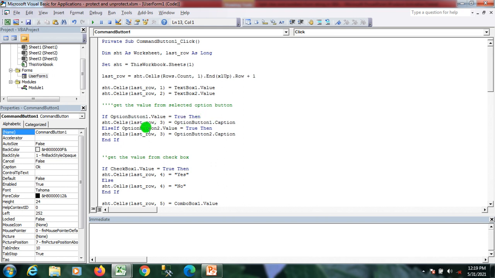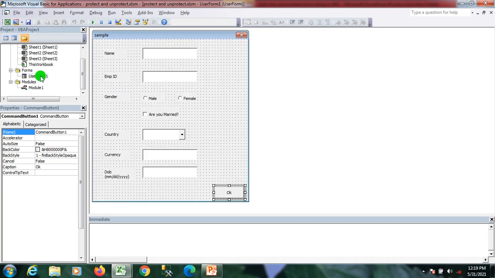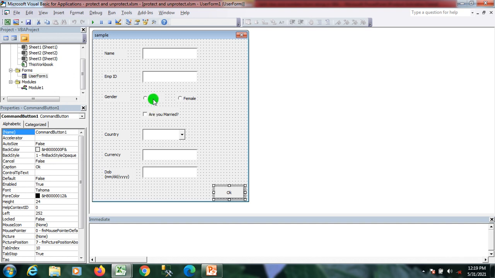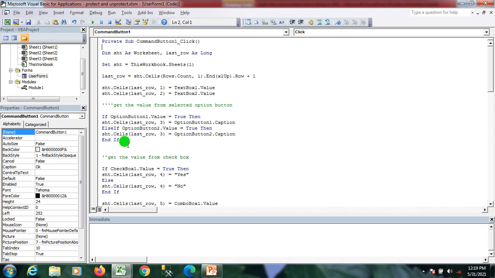Else if the second option button is true, then in column 3 I get the option button 2 caption. So if the user clicks on male, it will get male. If the user clicks on female, it will get female in column 3 of the Excel sheet.